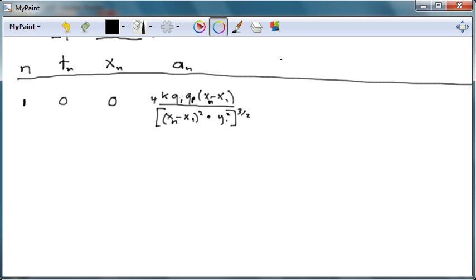Okay, and the velocity is v0. So that's one of the things that the user provides. They're given the mass of the particle, the charge of the victim particle, and the initial velocity, or the initial speed of the victim particle in the plus x direction. Alright, now if we bump this up,